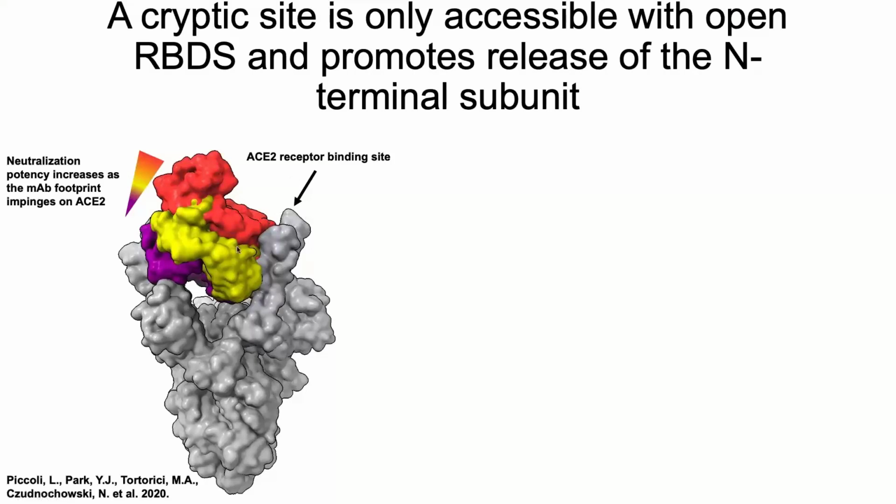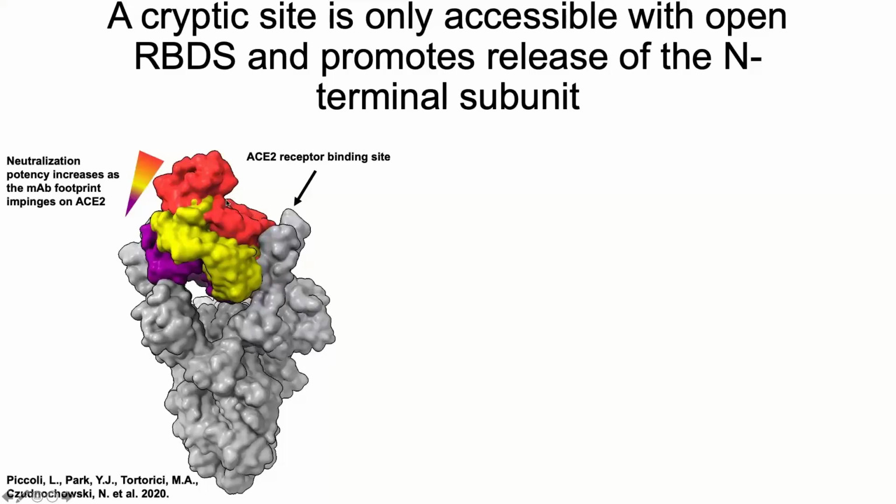However, what we notice is that of these three antibodies, purple being the farthest from the ACE2 receptor site and pink being the closest, as you got further and further from the interaction between ACE2 and the SARS-2 receptor, you got worse and worse at neutralizing the virus,